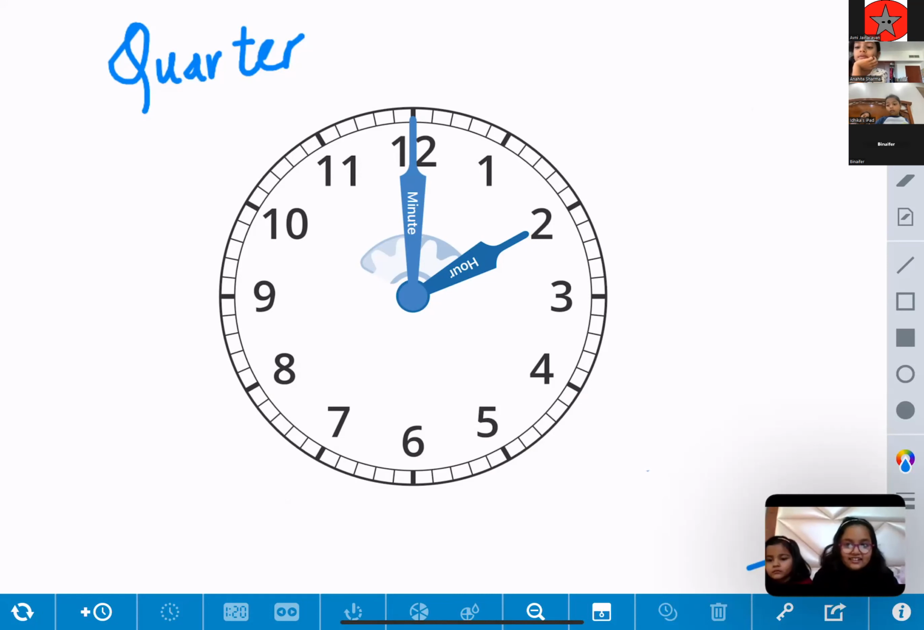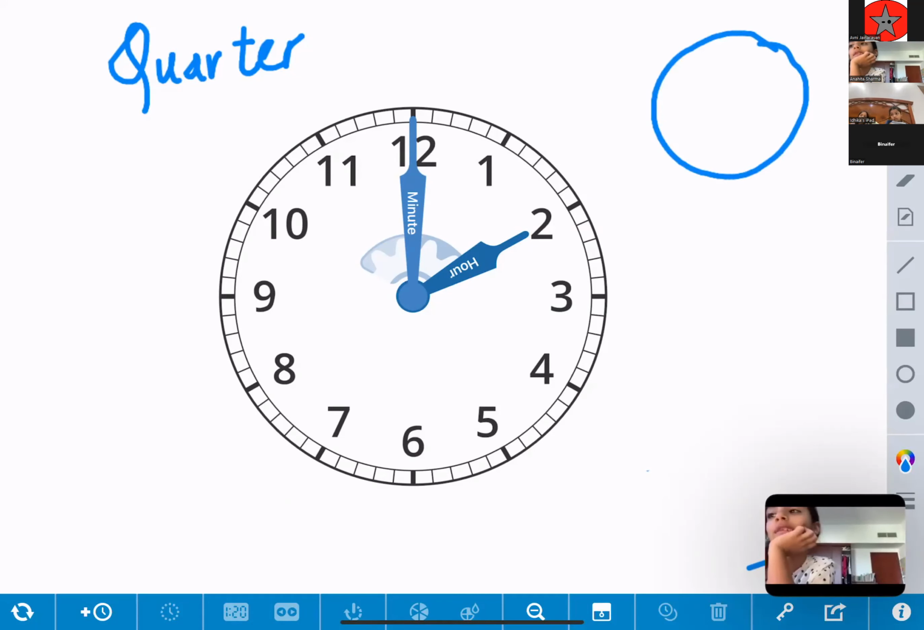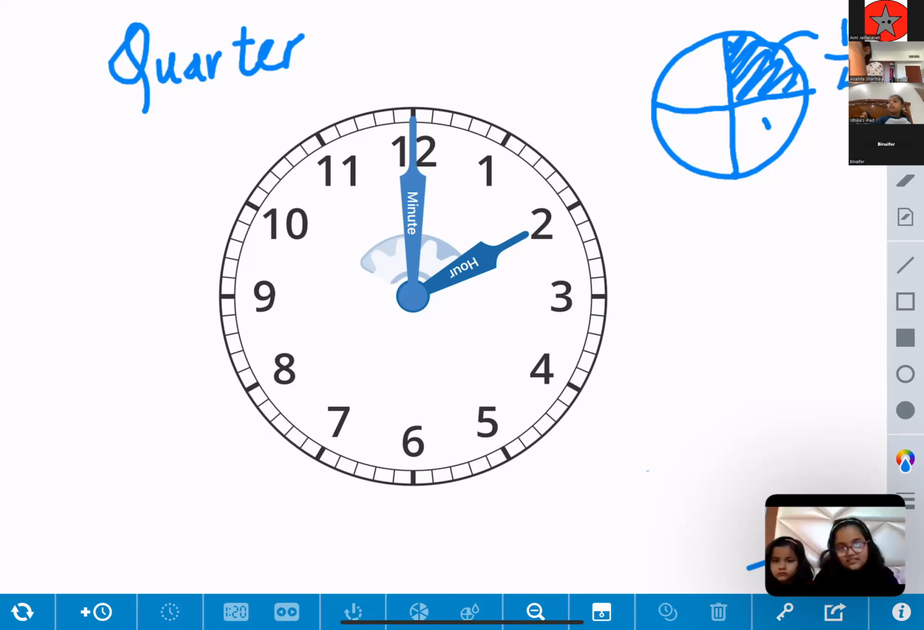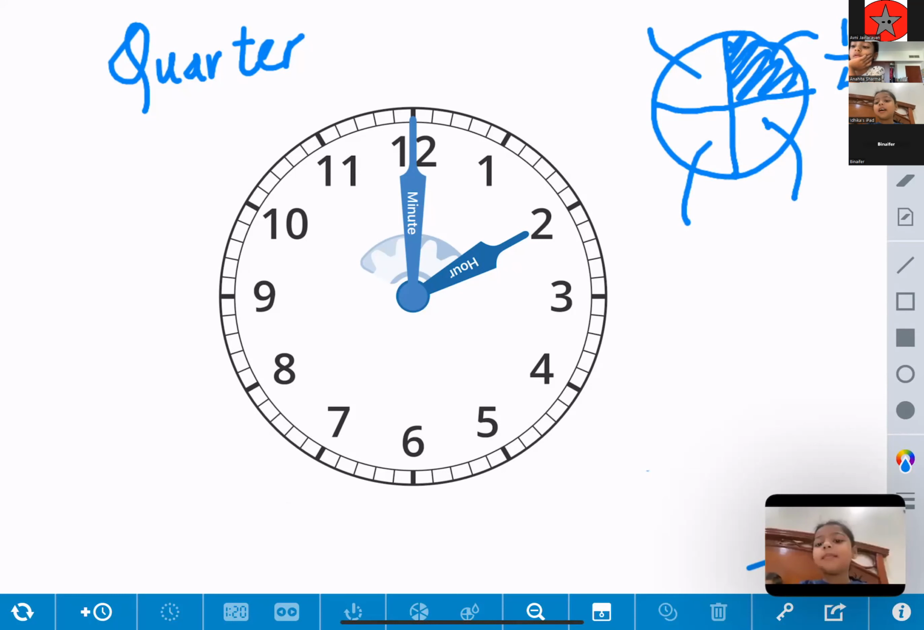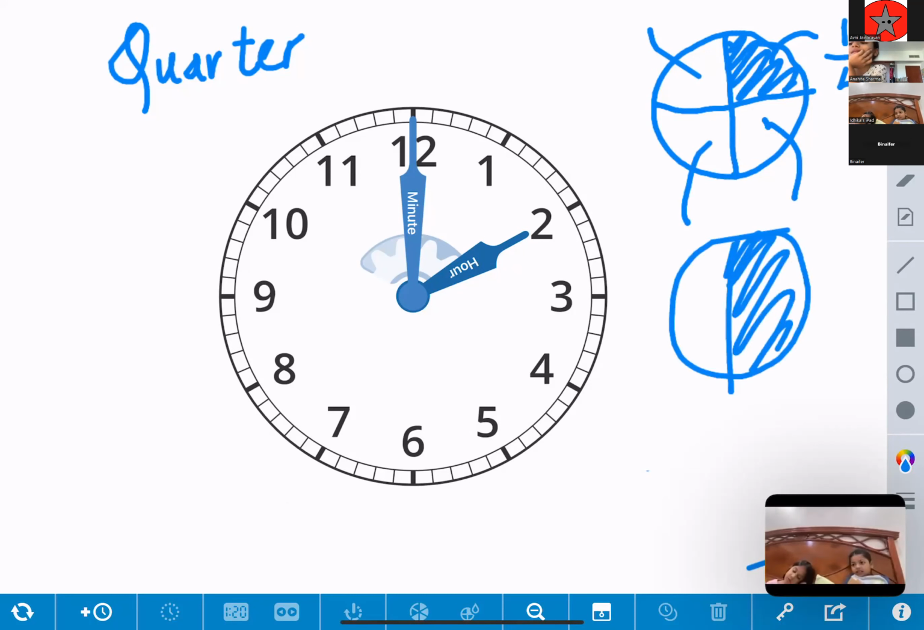A quarter of a whole? Yes. So if this is one circle, this is one whole, and if I divide it into 4 equal parts, and if I shade this part, what is this part known as in fraction? Quarter, 1/4. This is 1/4, this is 1/4. Okay, that's great. This is quarter, and this becomes half, and that's where the concept of half past